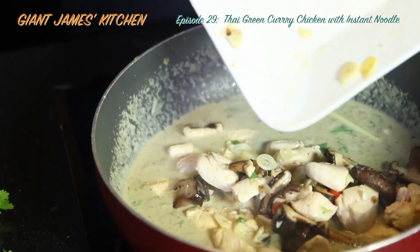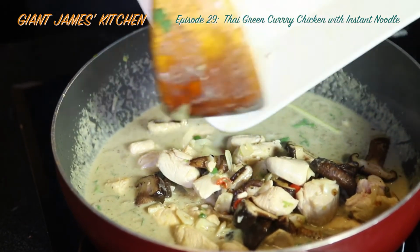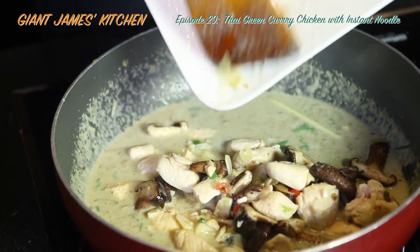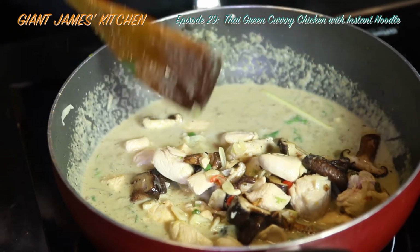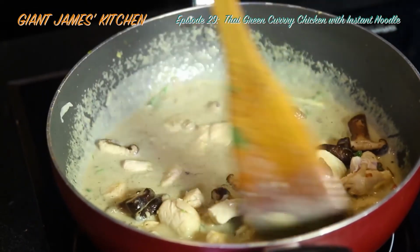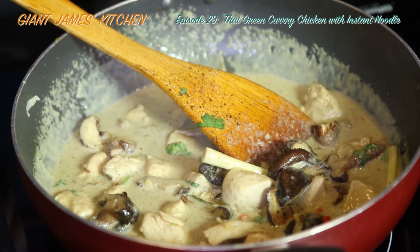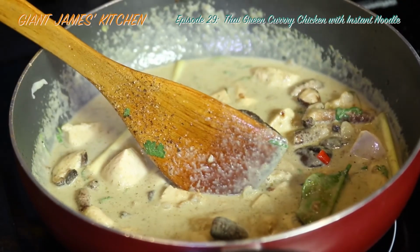So add all the ingredients in, and we're just going to add the temperature a little bit. We're just going to cook this for about, you should cook it for 7 minutes. After 5 minutes, then you add your vegetables, like your mange tout or your garden peas or whatever you fancy. So we'll raise that heat to medium, and we'll cook it for 7 minutes. And whilst we're doing that,